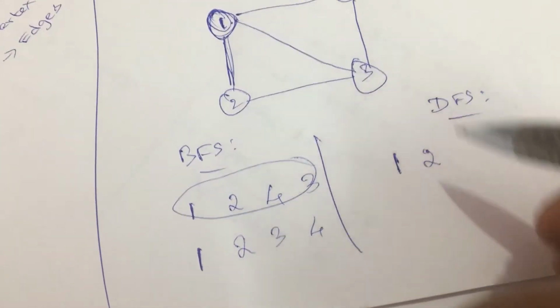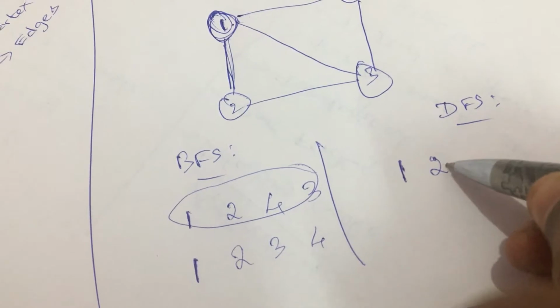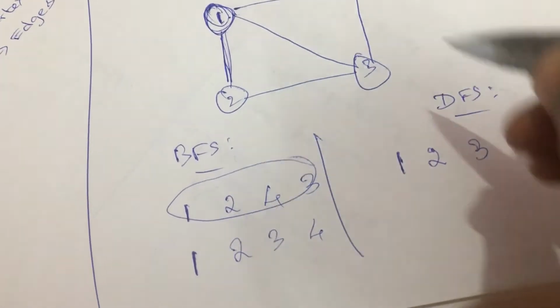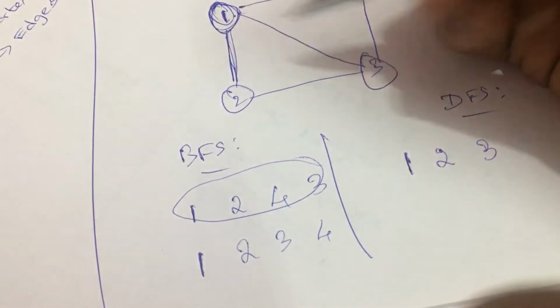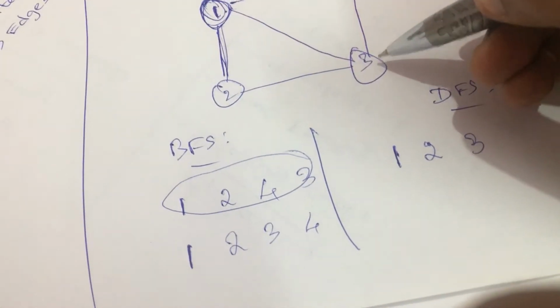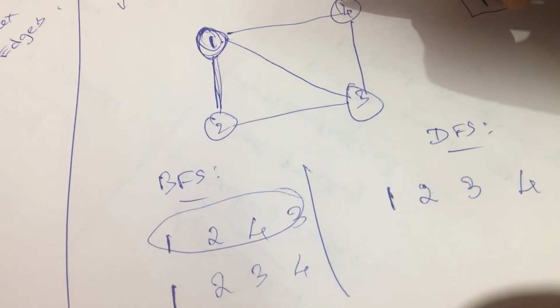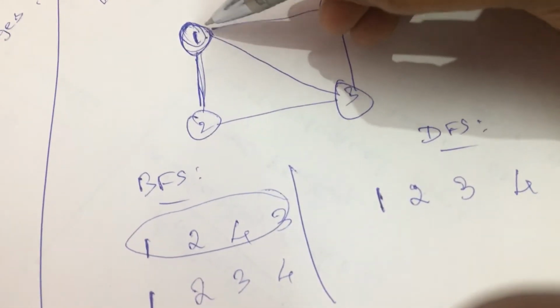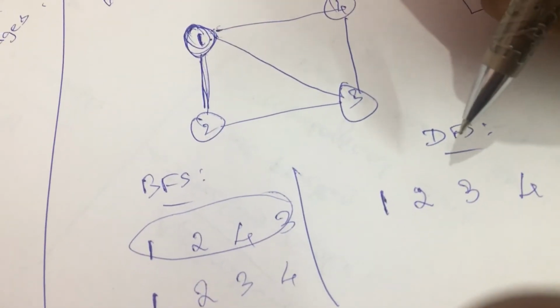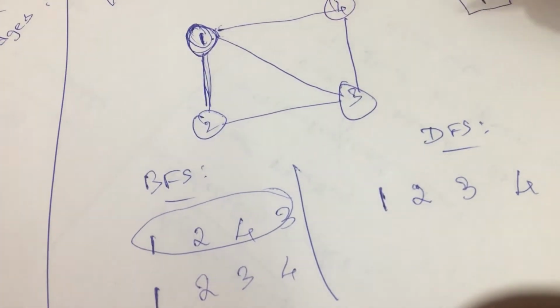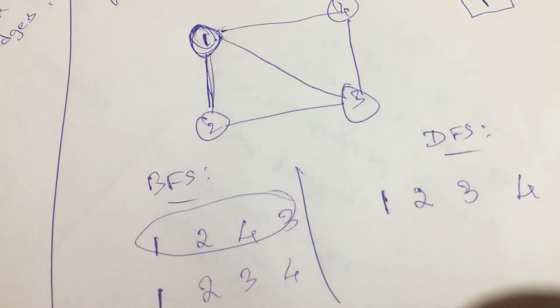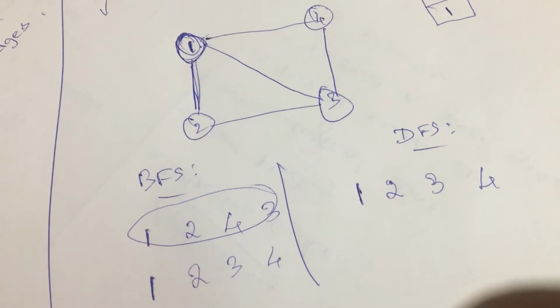So assume that it is given in a stack, right? So after 1 you will have 2, from 2 I'll move to 3, and from 3 I can't move to 1, right? I can't move to 1 since 1 is already visited. So from 3 I'll go to 4. So after 4, if I try to find any other value, 4 is actually connected only with 1, and 1 is already visited. So it means that we have to stop the entire process. So this is how your algorithm actually works. So that's all about BFS and DFS.